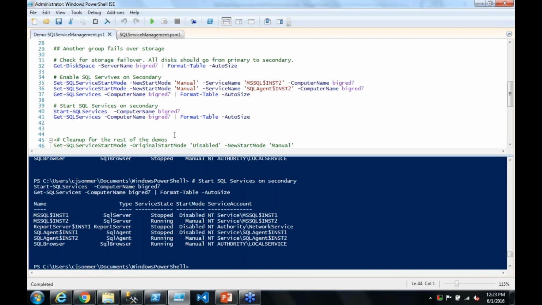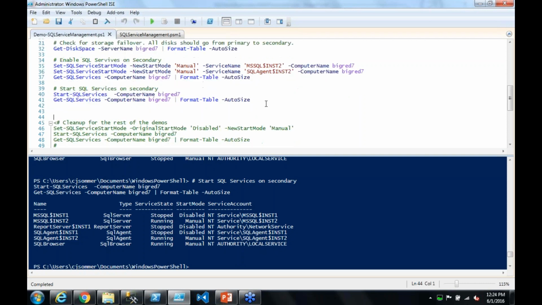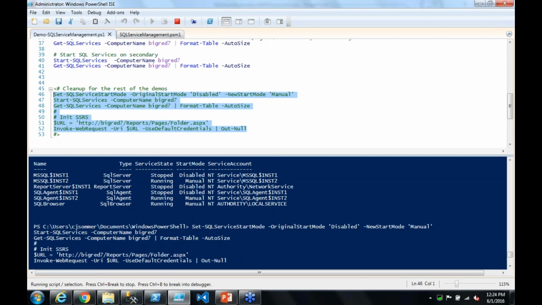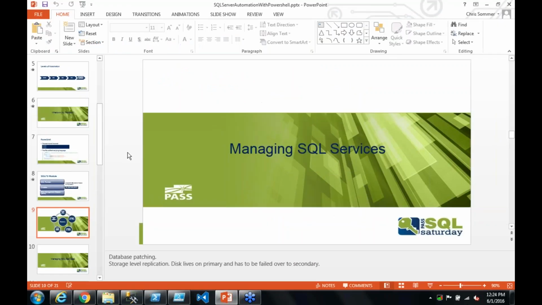So that's just a simulation of the failover process we had for patching a SQL Server. But more than that, I just wanted to show you this is something you can do with PowerShell. The cool thing is I didn't have to remote desktop into any of these SQL servers to do this whole patching process, which was quite an intensive couple of days for us. So I'm just going to run this last snippet. This is going to reset my demo for me so I can move on to the next thing I want to show you,